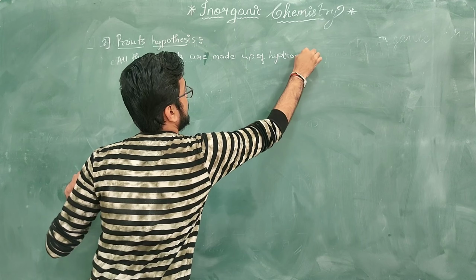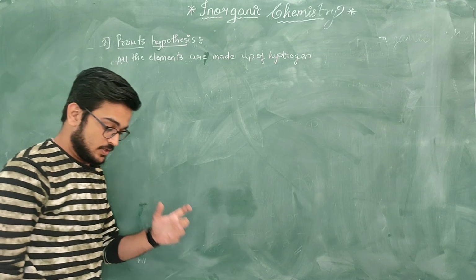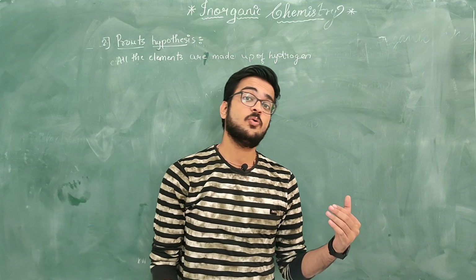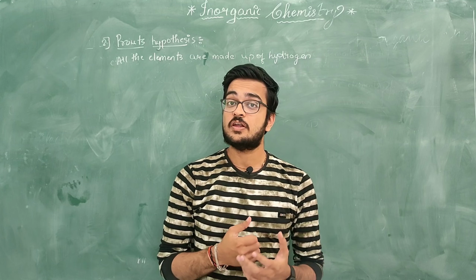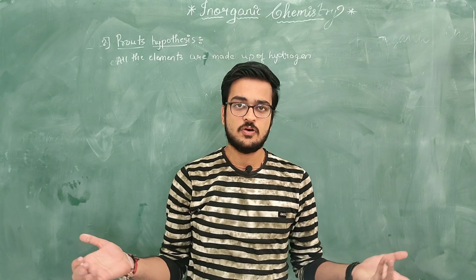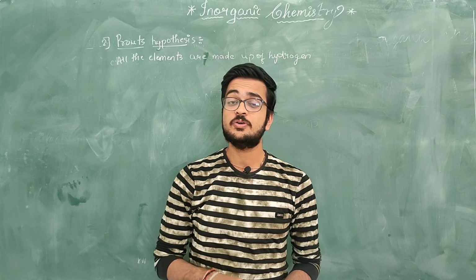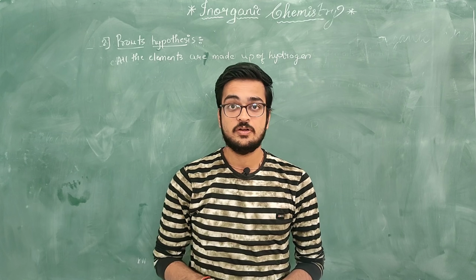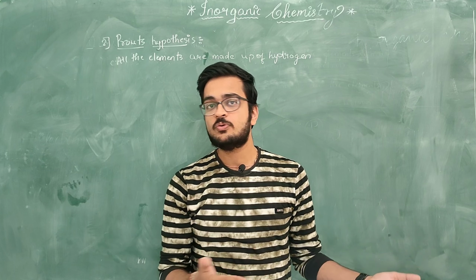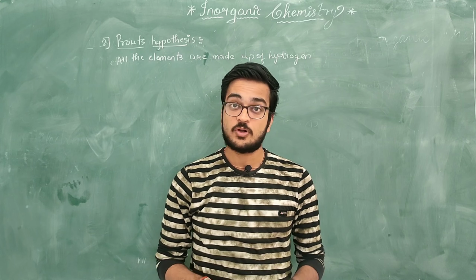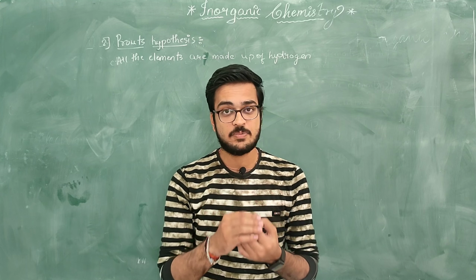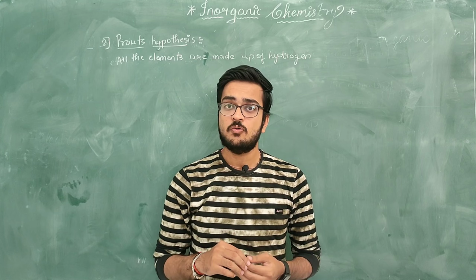Hydrogen, right? This was his assumption. One thing I want to make sure of: scientists go on assuming things, and when they prove that the assumption was right, it is called a theory or law. For example, Newton saw an apple falling, he proved that it's gravity, so we say that it's a law. If he was unable to prove it, it would not be acceptable to the world.